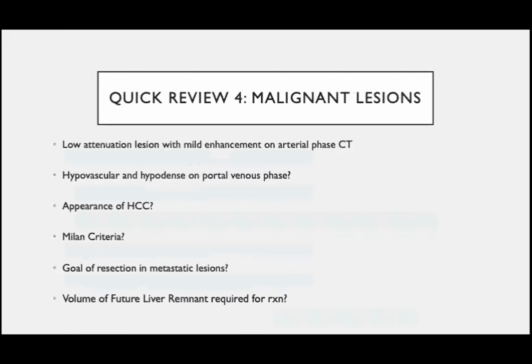So our 5th quick review, actually, it's not our 4th. So team,